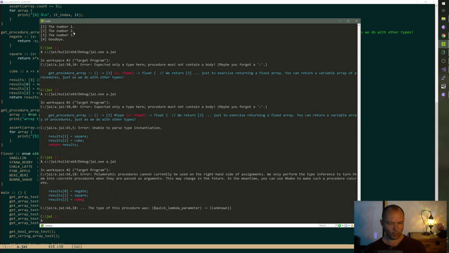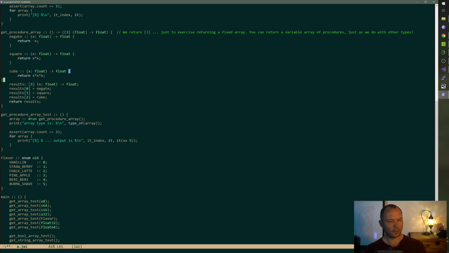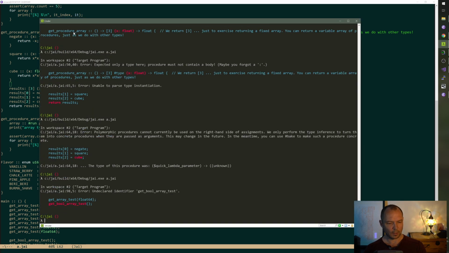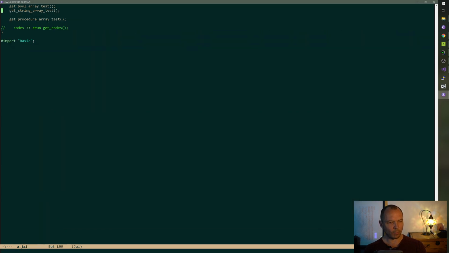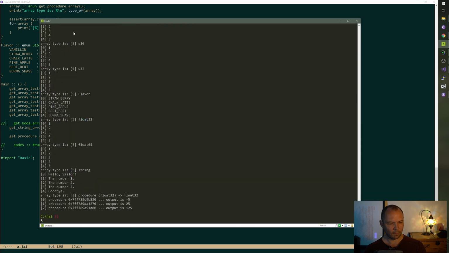Polymorphic procedures cannot currently be used on the right-hand side of assignments. Okay, that's fine. I thought I did that, though. Whatevs. That's orthogonal to the issue. Okay, get bool array test is not a thing yet. There we go. Okay, we returned an array of 3 procedures. And it worked.